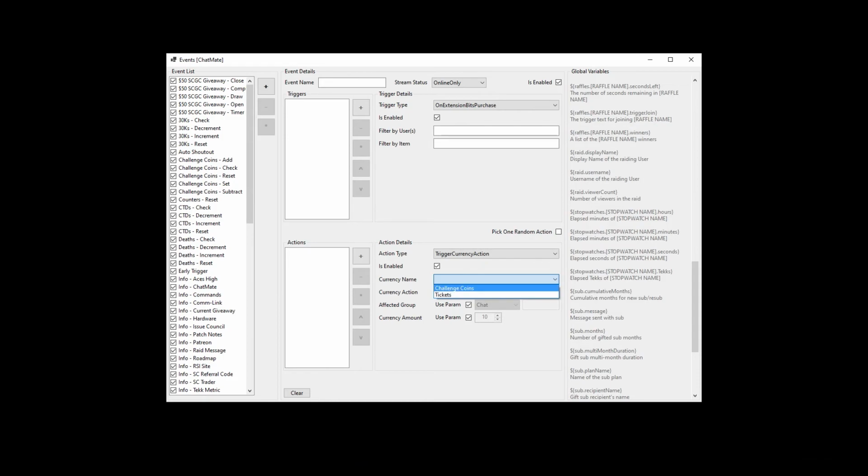So we can select the currency by name, challenge coins. We'll say we want it to add in this case. So we can add, subtract, set, and reset. We'll have it add. And then affected group, use parameter, is asking whether or not you want ChatMate to use the values that you type in chat in the moment, or to use a predefined group to